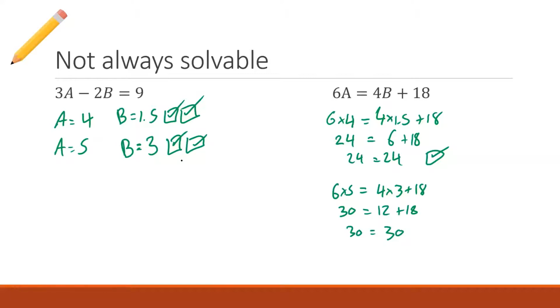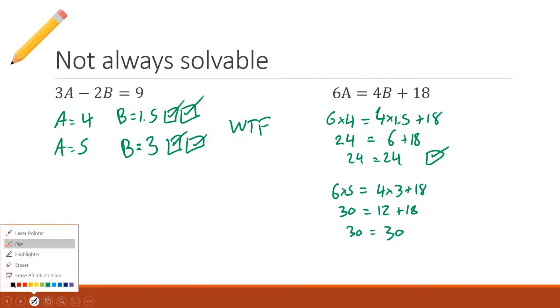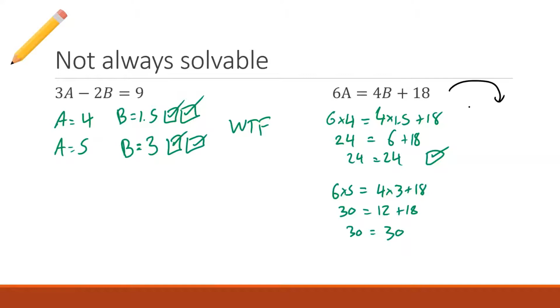Now, you might be asking yourself, okay, why is this happening? There's supposed to only be one solution. The reason that this doesn't work, if you're very, very smart, you picked up on it, you might know why this doesn't work. If you don't know why, I can change this equation to be 3a plus 3b equals 2b plus 9. And I did that by dividing each of these terms by 2.